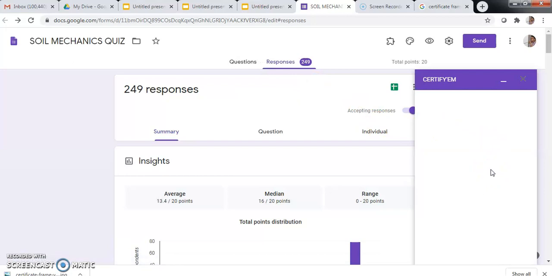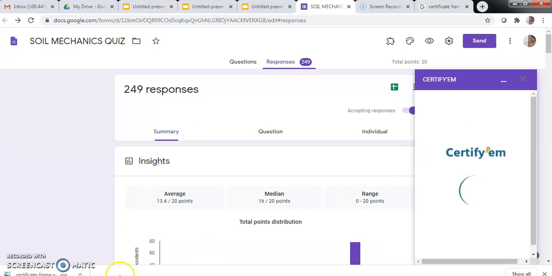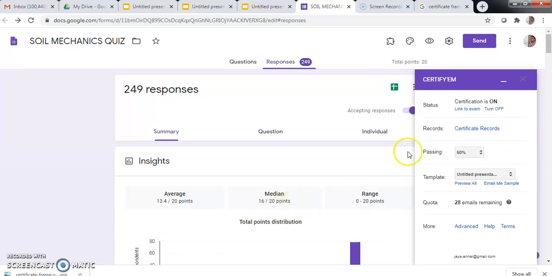Here the plus symbol will be there. This is the certified add-on. If you want to conduct any online quiz or any webinar program, any programs you are conducting, you have to choose this one.